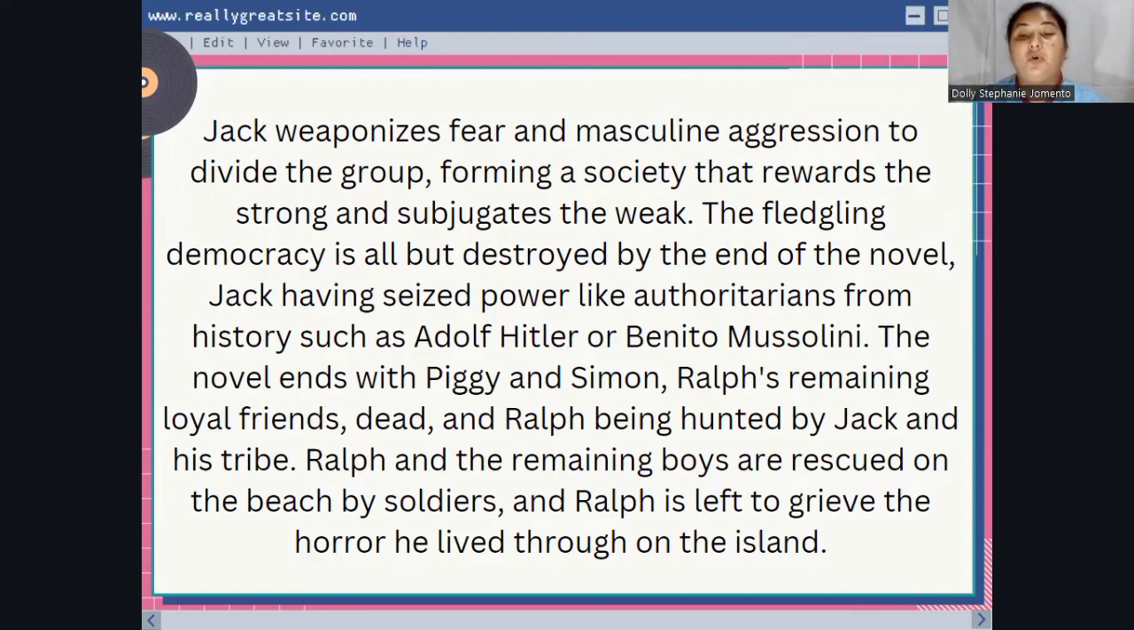Ralph and the remaining boys are rescued on the beach by soldiers, and Ralph is left to grieve the horror he lived through on the island. So, at the end of the story, namatay gyud si Piggy and si Simon. Naapil pagani to si Roger. Kay si Jack,